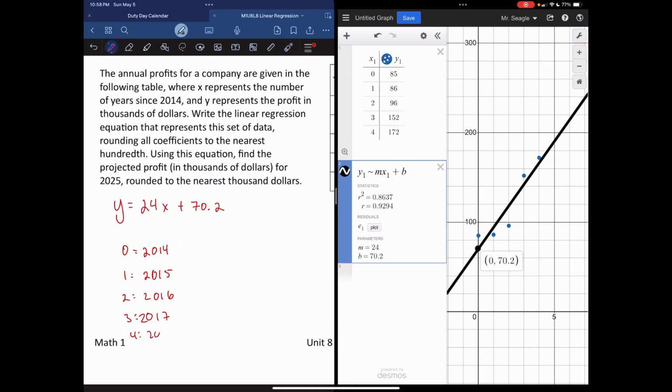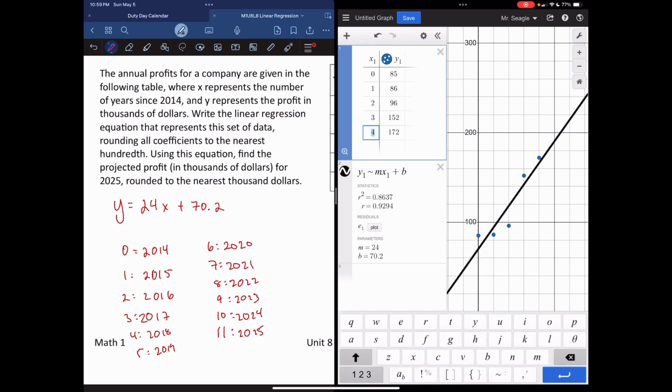2017, 4 is going to be 2018, 5 is going to be 2019, 6 is going to be 2020, 7 is going to be 2021, 8 is going to be 2022, 9 is going to be 2023, so 10, oh sorry, I was off by 1, 2024, and then 11 is going to be 2025. Okay, so we want to use x, so if we can just keep going